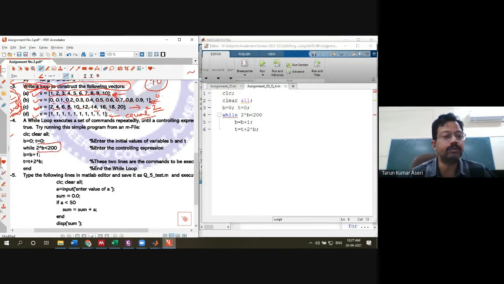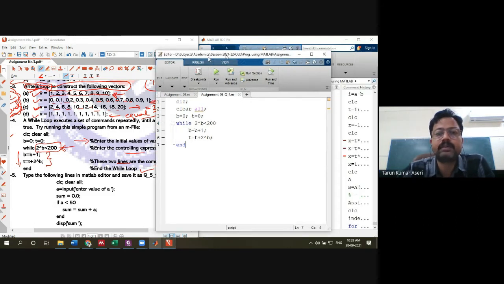If this condition is true, then it enters the loop. If not, it will not enter the loop. And finally, provide the end. Now, a few hints are available for you. Enter the initial values of variables b and t. Here you have entered 0, 0. You can change them later on. Enter any controlling expression which controls the loop. These two lines are the commands to be executed, and then end the while loop. Now we are going to execute this one.